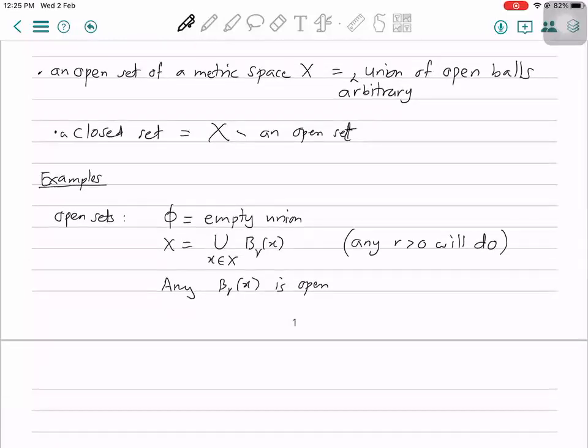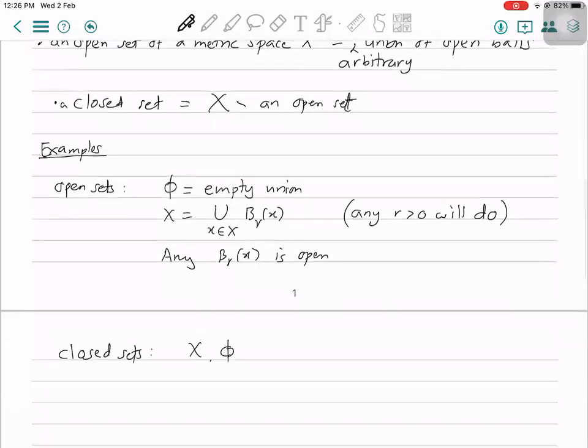But some examples of closed sets now. Because the empty set is open, the entire space is a closed set. Because the entire space is open, the empty set is closed. But more interestingly now, you can say that any